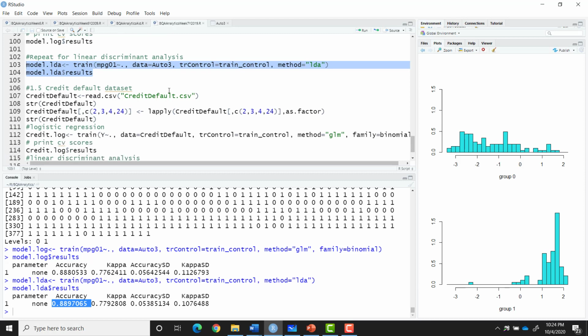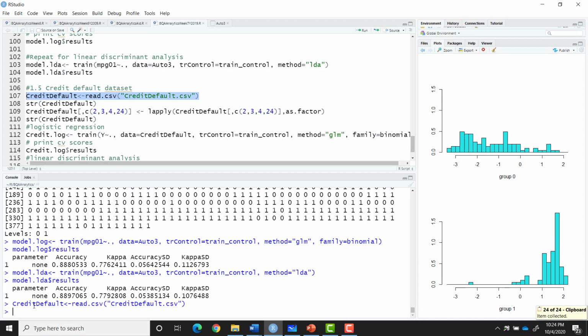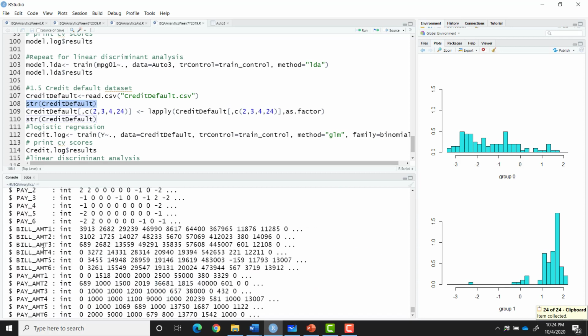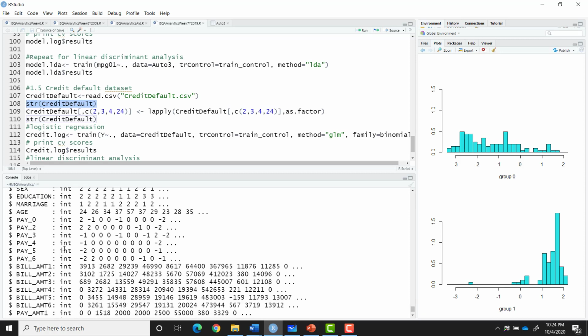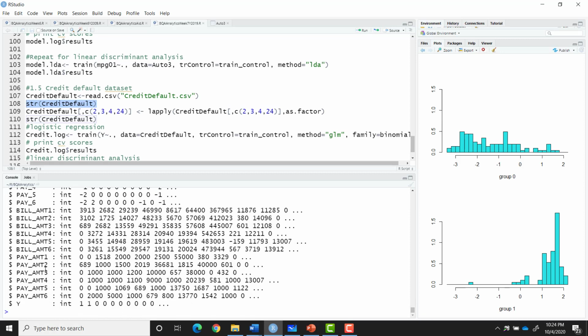Okay, so let's just have a slightly different data set. This is a credit default data set. So let's just have a look at it. And this is basically the credit data set. We've got the limit, we've got the gender, we've got education, marriage, age, and then we have a lot of extra information. So we're just going to do a simplified version of